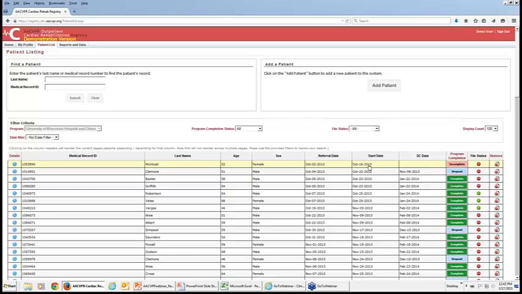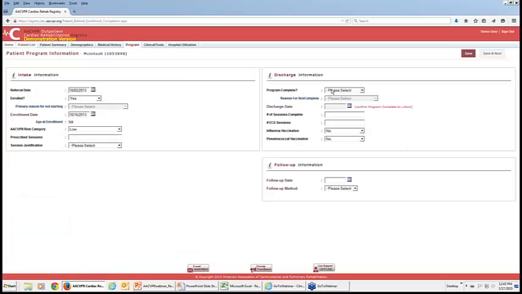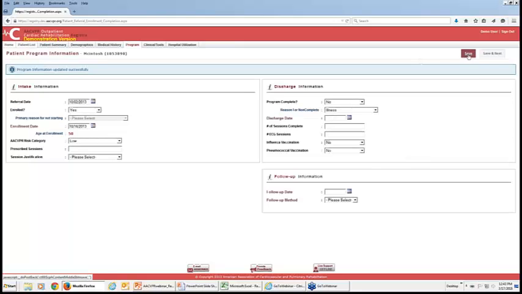We go back in their medical records and find, yes, they didn't complete the program, so let's open that up. We'll go to program. As if we forgot to mark this, we'll mark them as not completing. They didn't complete because of an illness, and we'll put the discharge date down. That can be almost anything, but we'll put that down. We'll save that, and then we go back to the patient list.